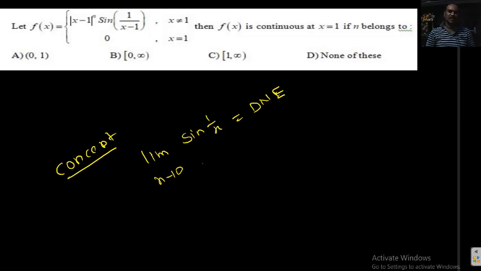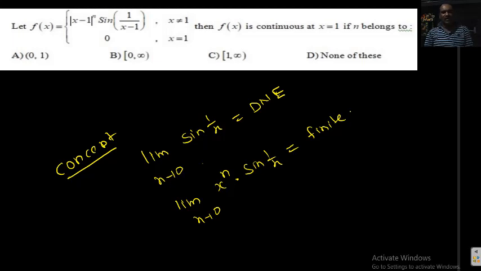Same concept, what happened here? Limiting value of xⁿ sin(1/x) where x is tending to 0. We should find for what values of n this should happen. Actually, only sin(1/x) is given, I can say that it does not exist because this value lies between −1 to 1, and in a fraction of a second the value will change from −1 to 1 when x is tending to 0. I already explained through its graph. Okay, so what happened here?